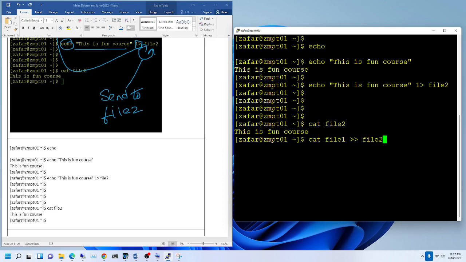When I do double arrow, file 2 already has a line in there, right? Everybody agree file 2 already has a line. Yes. So what will happen is everything in the content of file 1